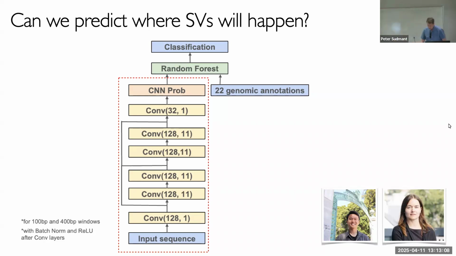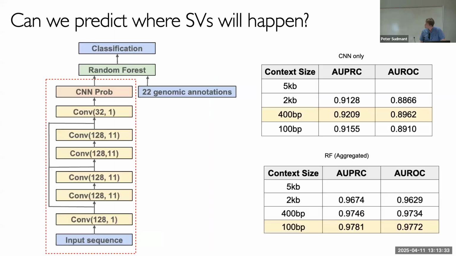And then we added this other part here. We stuck this other little thing in here, which is 22 genomic annotations. So this is a self-contained model here, which will predict if you have a structural variant. And then we can make an additional prediction based on putting in annotations here. And so there's two things. We can basically have the output from this model and then the output from the combined model together. And this thing works like preposterously well.